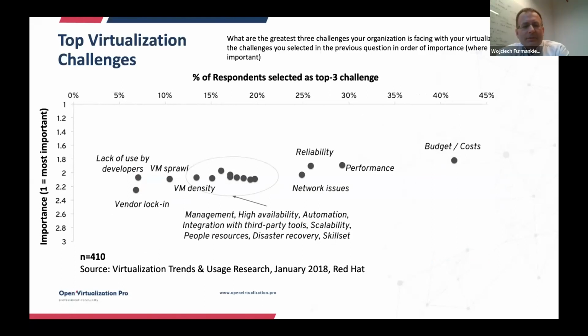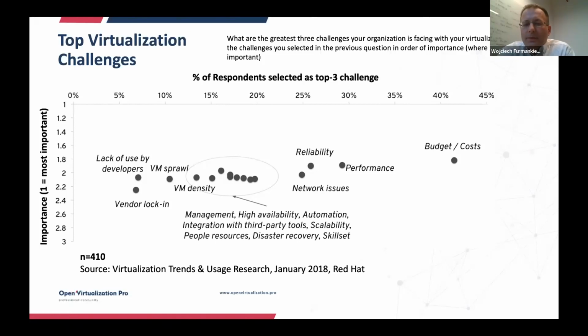Yeah, so this is recent research about virtualization trends and usage, right? If you think about what kind of virtualization the majority of us is using, the vast majority is proprietary solutions like VMware, etc. So this reflects the challenges that proprietary virtualization users are facing. As you can see, budget and cost are a big constraint.